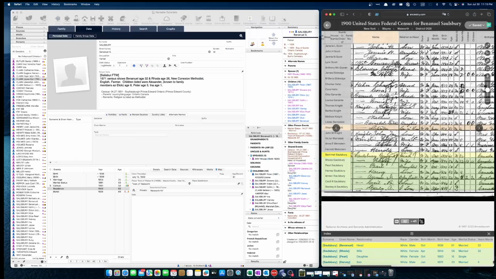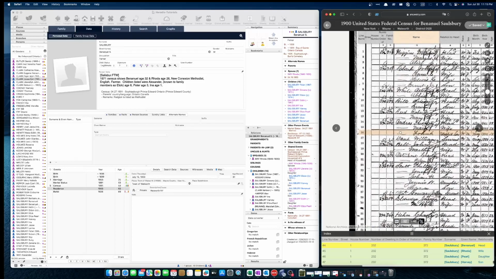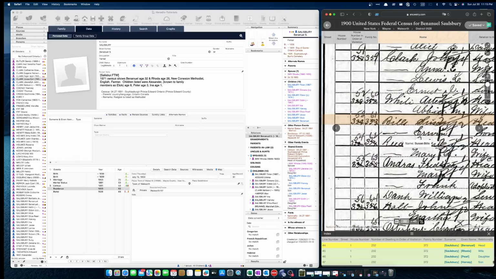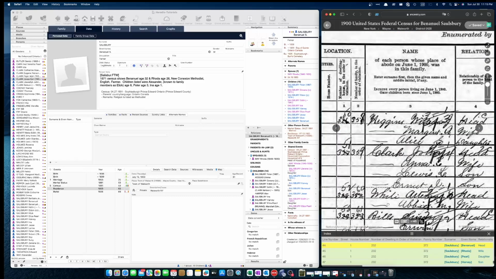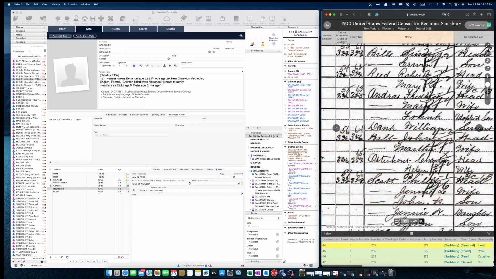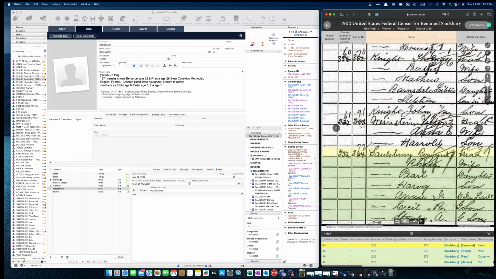The place subdivision. Let's see if this census has a street name, has a street dwelling. Number of dwelling is 232. Let's see. Oh, they made some corrections on this one, didn't they? It does not look like we have a street name, number of dwelling, house in the order of visitation. So the house number that they lived in at this time was,